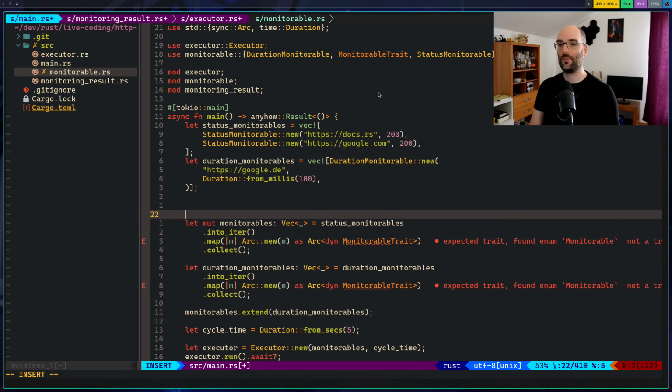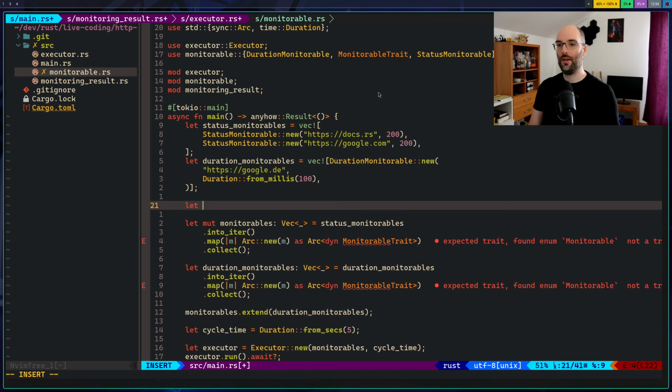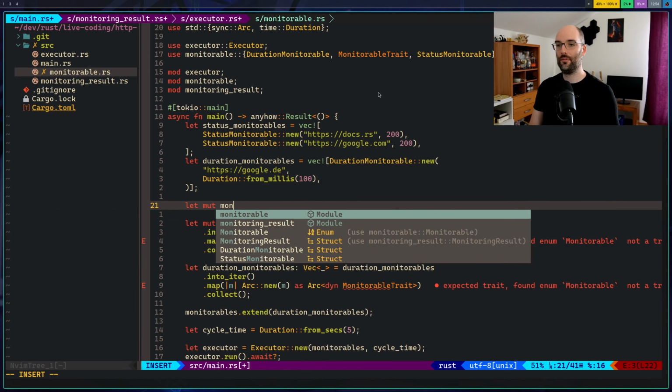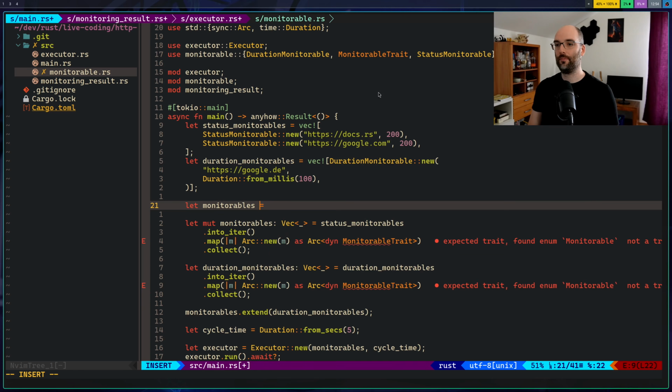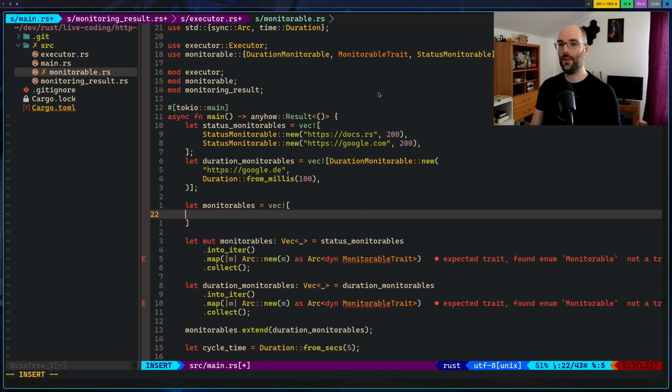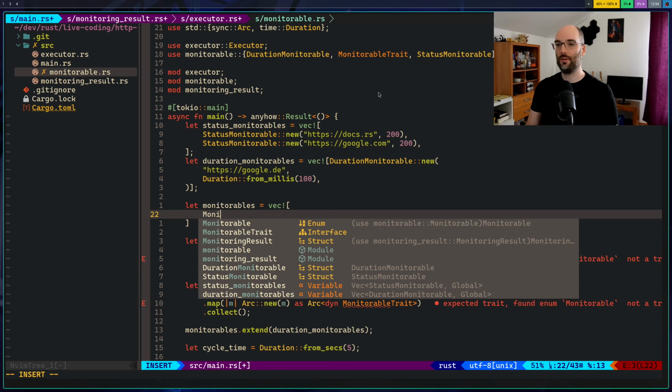I don't think that's of any value. That monitorables is equal to a vec. And in here we need monitorable.